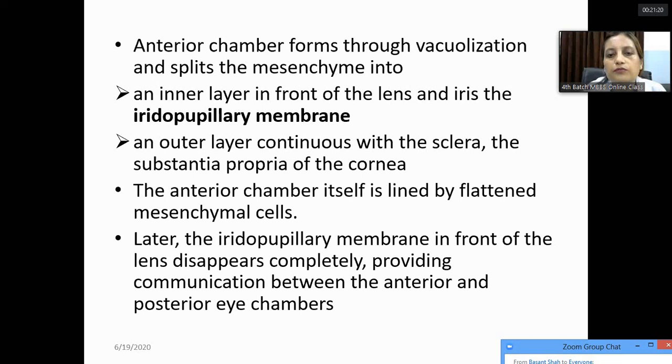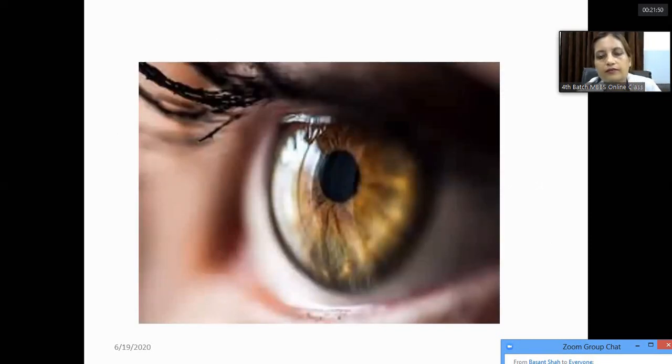So there is a gap between the iris and the posterior part of the iris, so the aqueous moves from the anterior chamber to the posterior chamber, so that there is maintenance of the pressure. Any increase in pressure in the anterior chamber or in the posterior chamber will lead to glaucoma as a result of increased intraocular pressure. So this is a transparent cornea, which you can see with the help of the slit lamp. Just the shadow is seen over here.